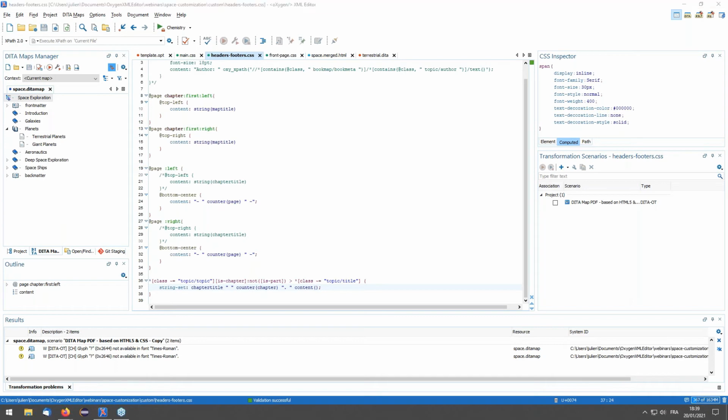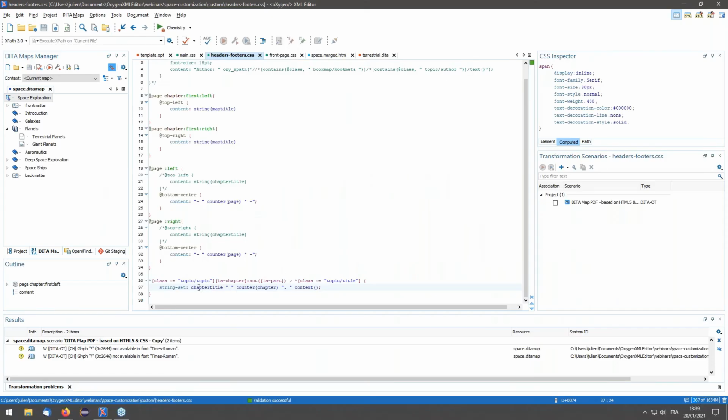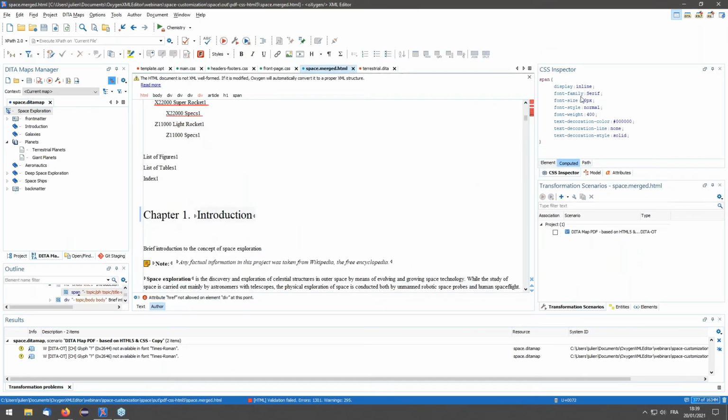One really important rule when you are doing this inside your document is that if you alter a string set, or if you reuse an already defined string set with the same name, make sure that you are altering the whole set of string sets defined in the same selector. In my case, I don't need to alter anything else because it's the only applied